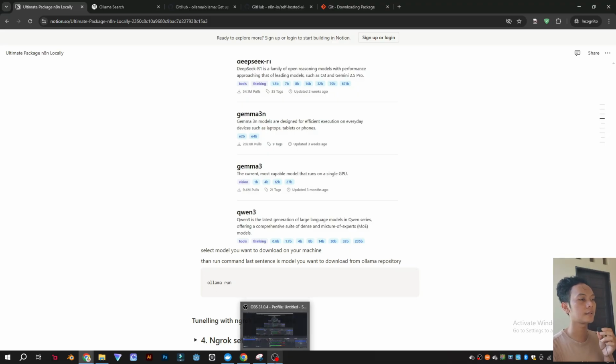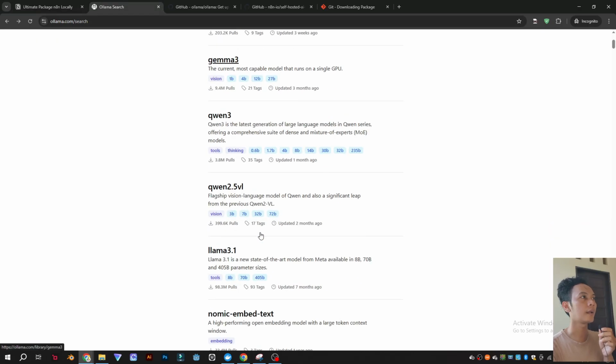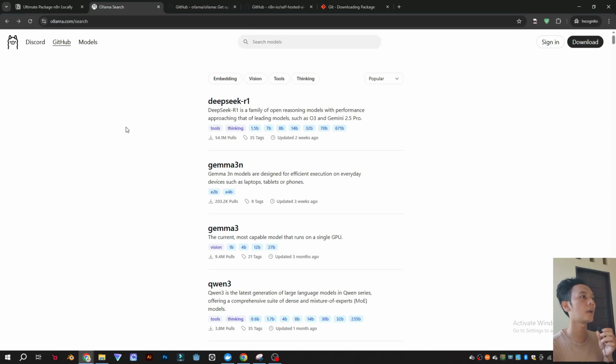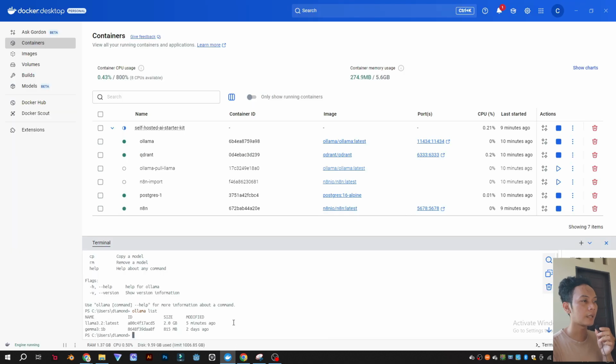the last command is your model. You can see them in the models section at ollama.com, or you can visit the Ollama GitHub to take a look at this model. As you can see, I already have Llama 3.2, which is the default, and Gemma 3 1B, which I installed two days ago. You can see them there.